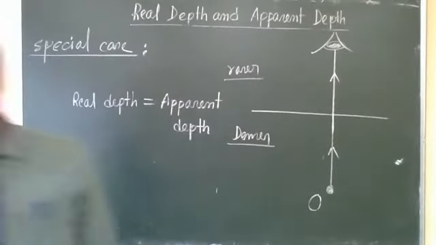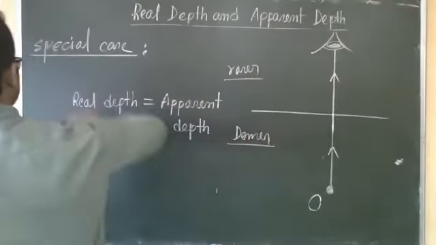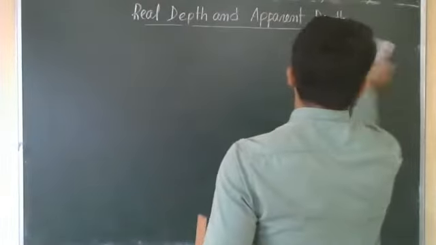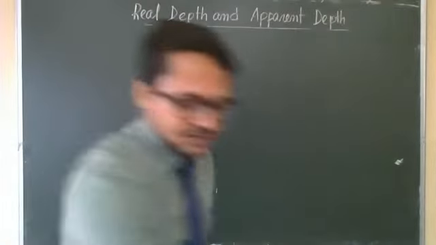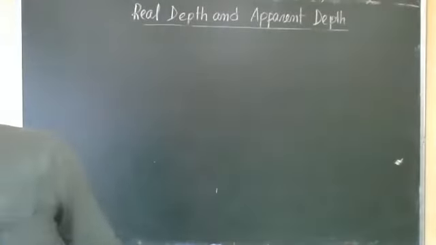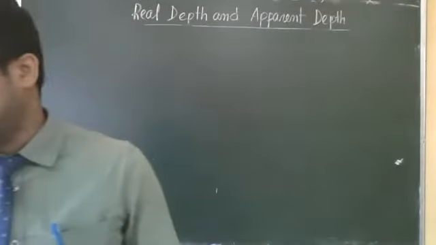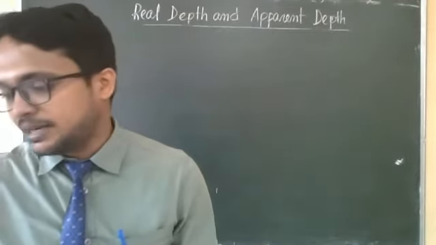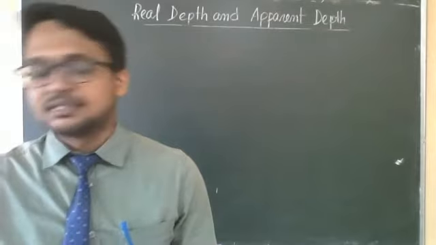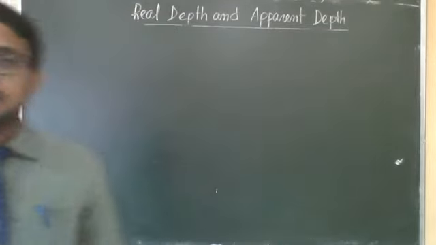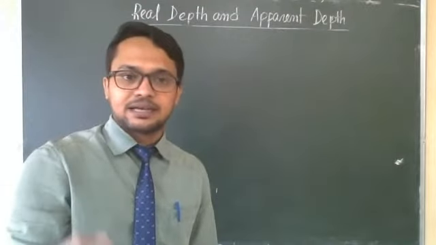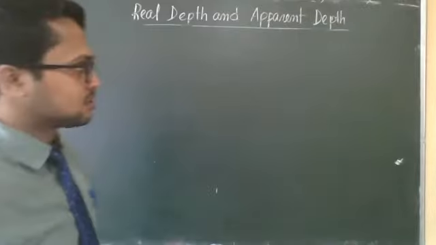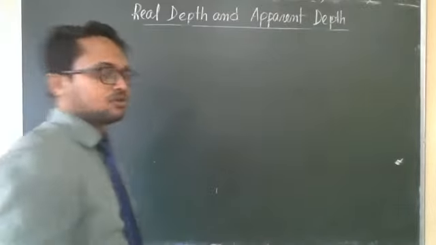Now come to the factors affecting the shift. Again, it is in your book. Mark the points first of all. The three points are there in your book, page number 89. First, refractive index of the medium. Second, the thickness of the denser medium. Third, the color of incident light. Whenever you get the factor refractive index, color will be there. Refractive index and color are related. So if refractive index is there, that means color or wavelength will also be there.